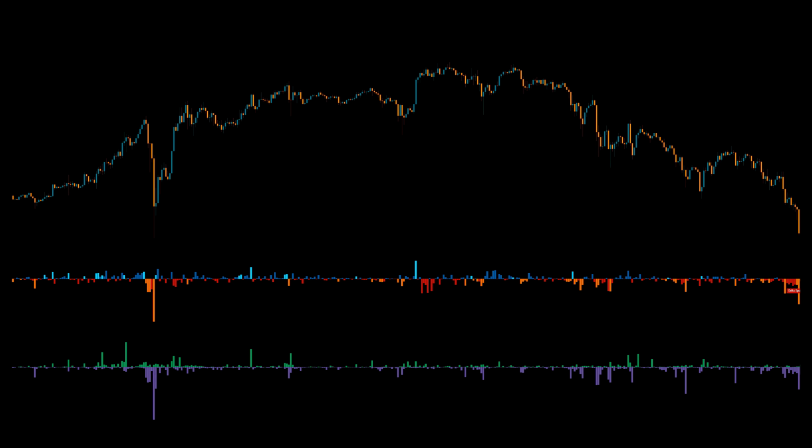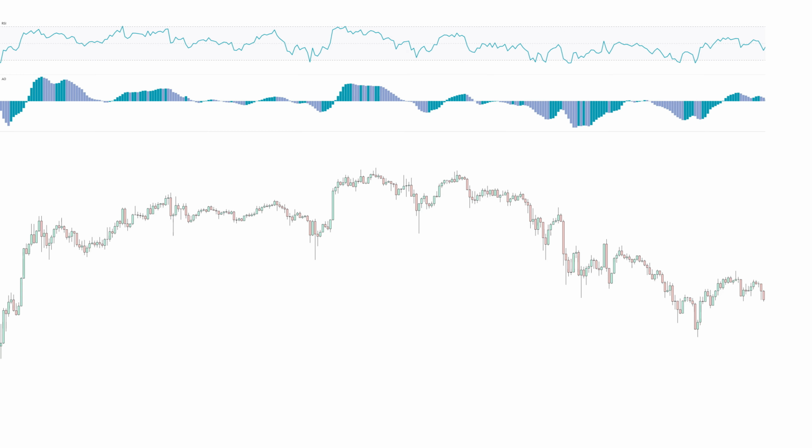So we get our positive delta bar and at the same time put in a bearish divergence structure across both the RSI and the AO, with price making higher highs and the oscillators making lower highs. Some of you will notice that the RSI divergence isn't exactly textbook, as it's not fully formed above the 70 level, and you'd be right, but coupled with the delta, it was enough to put a shift in the trend